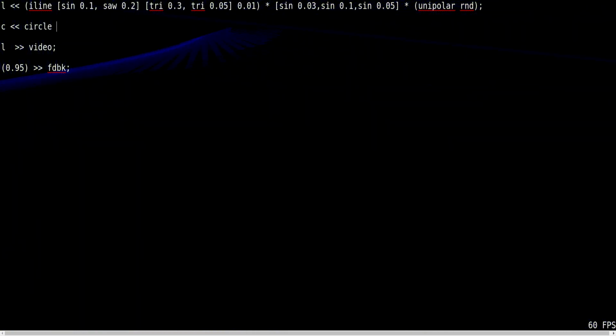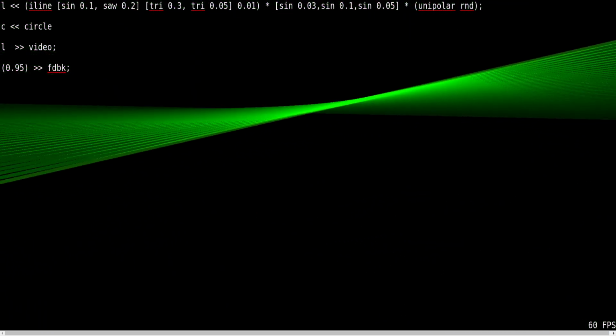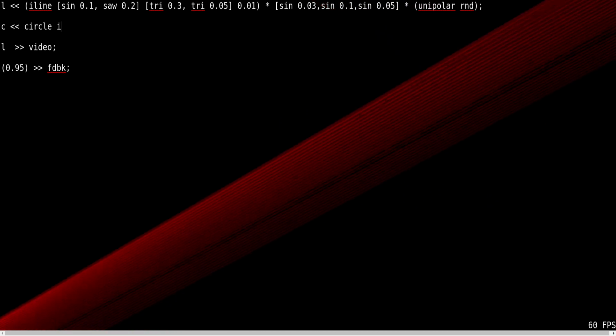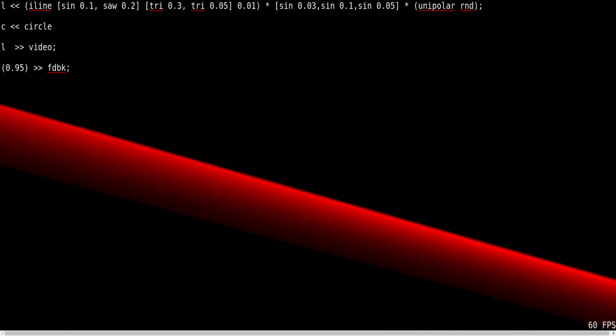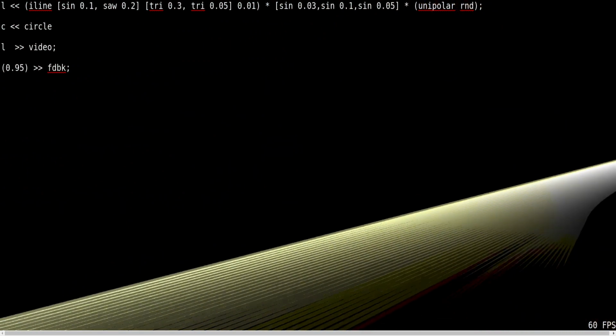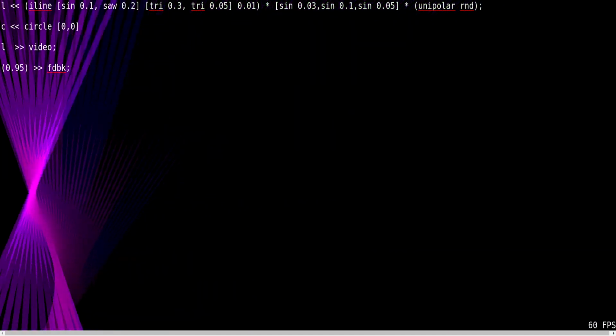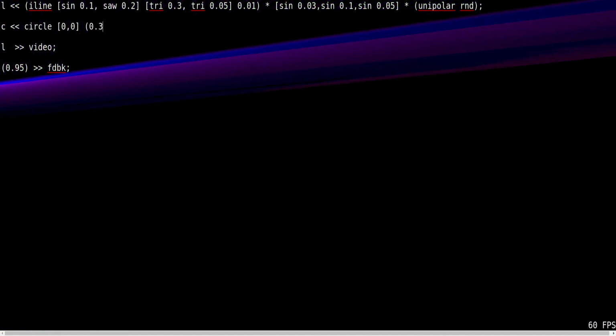Oh my goodness, what should we have the circle do? Okay, let's make the circle at the origin, and then let's make its size 0.3